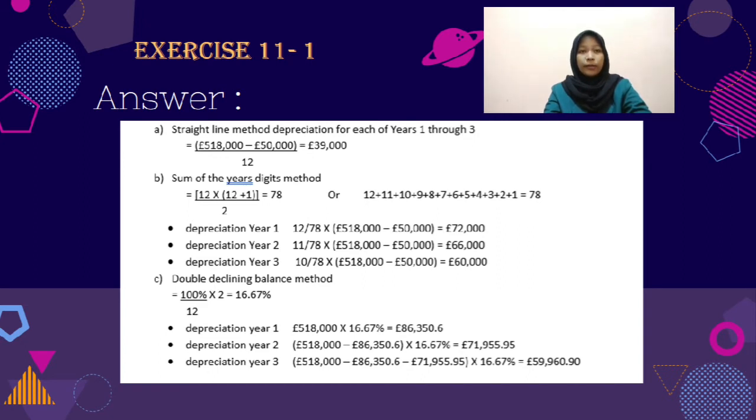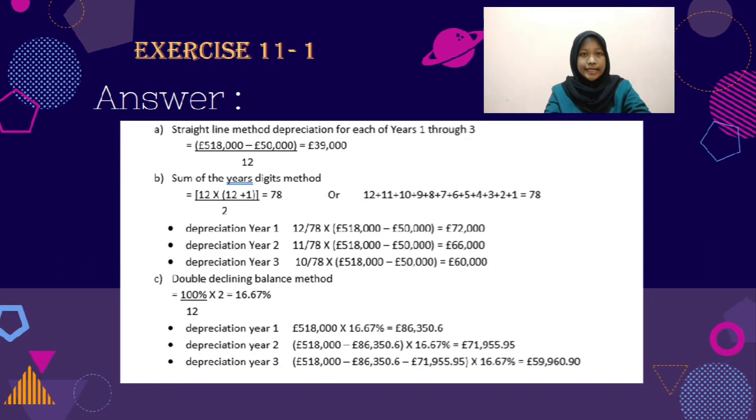112 multiplied by 2 is 16.67%. Depreciation year 1, 518,000 multiplied by 16.67% is 86,350.6. Depreciation year 2 in parentheses